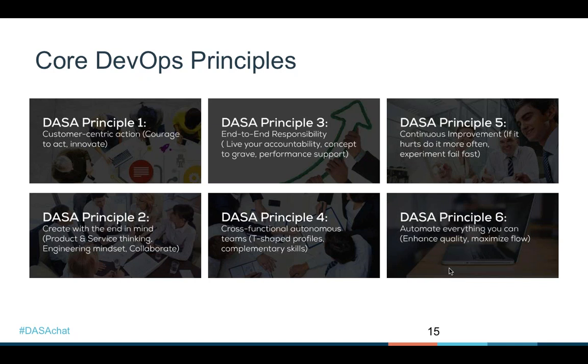So customer-centric action is really about taking the best practices we have from the Agile and Lean fields to work in a more experimental way, in the sense that there are short feedback loops, that there's direct end-user contact, and there's also a way to innovate and to learn